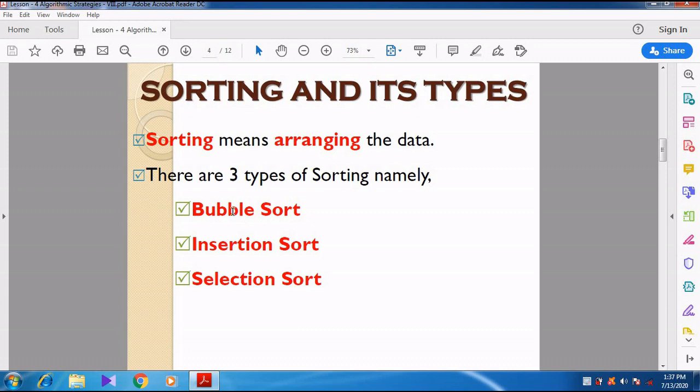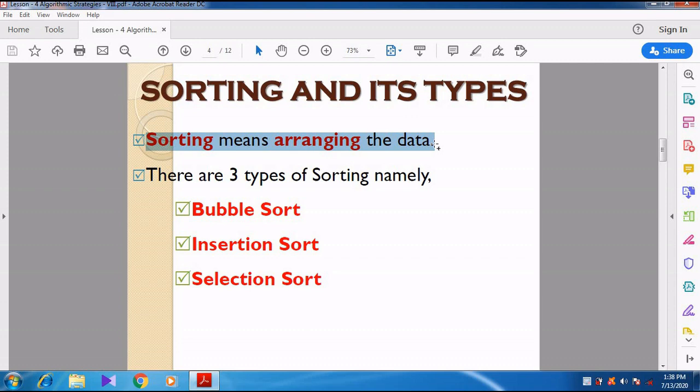What is meant by sorting? Sorting means arranging the data. For example, in your class, you are arranged in alphabetical order, ascending order, name-wise, when you are writing the exam.